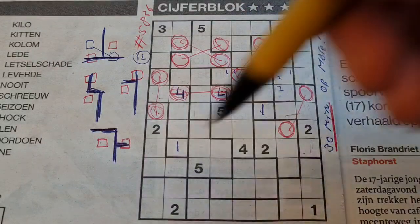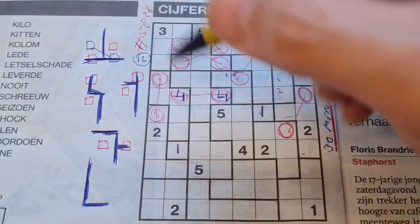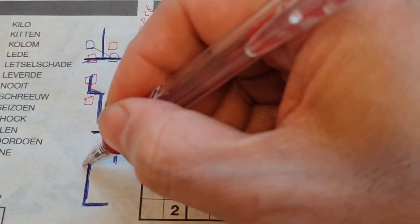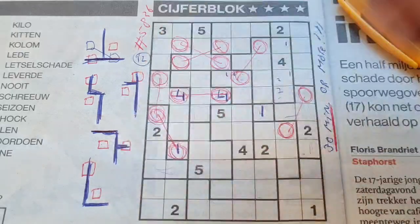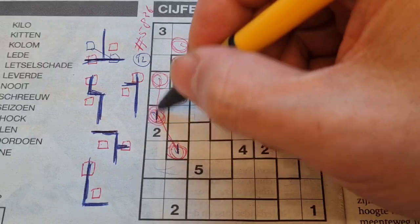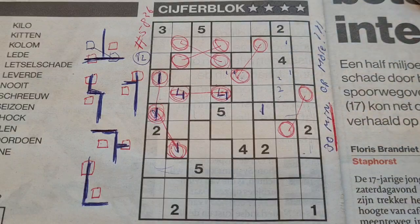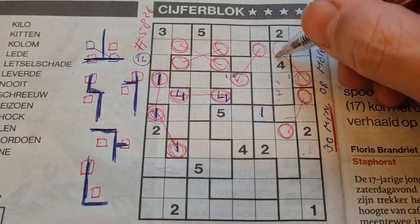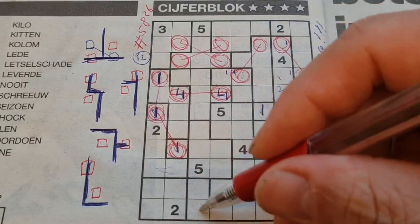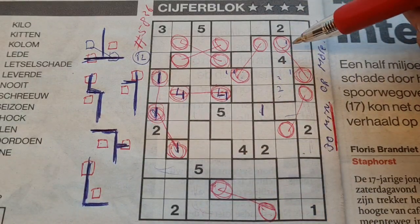Let me draw the L shape here. When you see the L shape, remember that this box has the same number as that box. So this box has the same number as that box. So in this case, it's a 1. And this box is also connected with that box, will be also a 1. More L shapes here, upside down. This box has the same number as that box. Here, rotated L shape. This box has the same number as that box. And those are the shapes that you need to recognize,